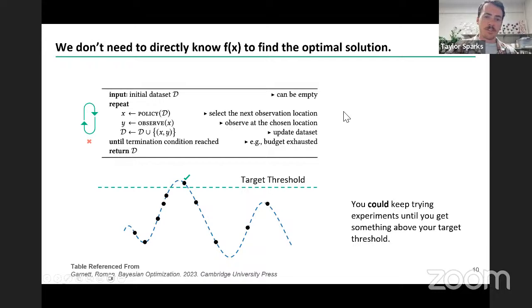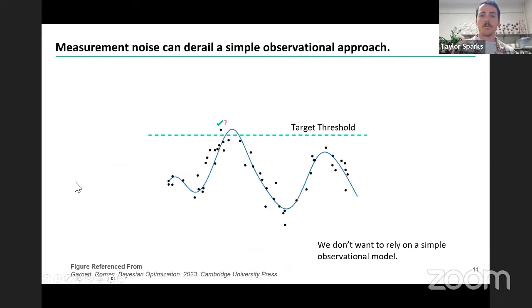So for example, if this is your data points, why would you not take advantage of your knowledge from your previous data point that it was quite high when selecting your next one, right? That's one observation. The other problem is that it can get derailed by noise in your data. For example, let's say you find this new data point and it goes above your target threshold. Was that noise? Was that repeatable? So this isn't very good. Random sampling, while it technically could be a Bayesian approach, is not going to be a very good one.